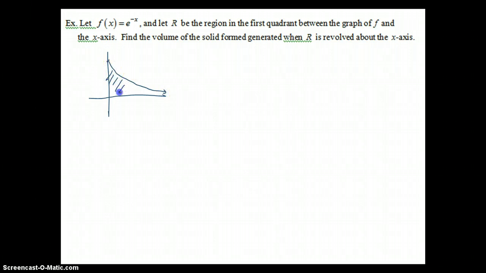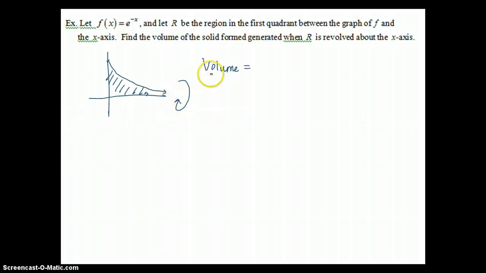So we're interested in finding the volume of this area being revolved around the x-axis. We know we have a disk method because there's no hole in this region. It sits right against the axis of revolution. So let's think about what our integral would look like. Volume is going to equal,